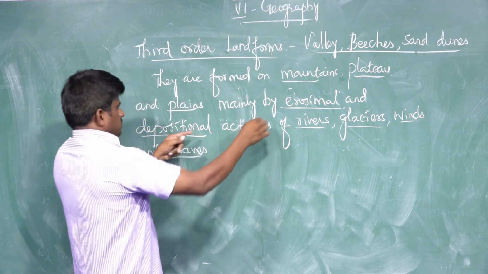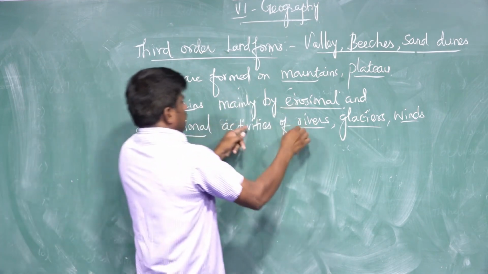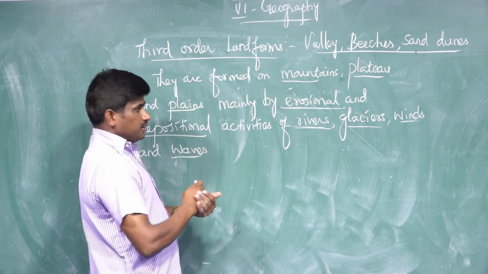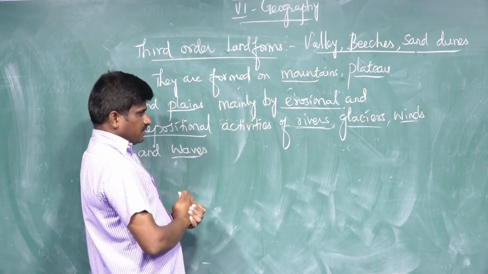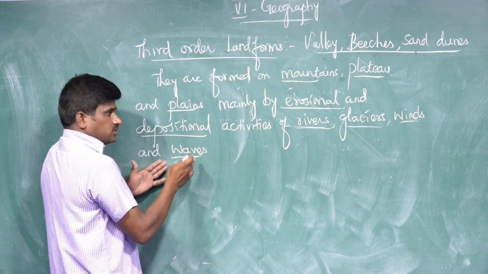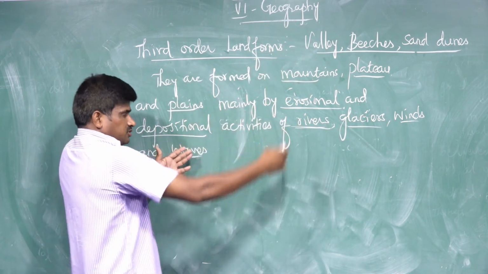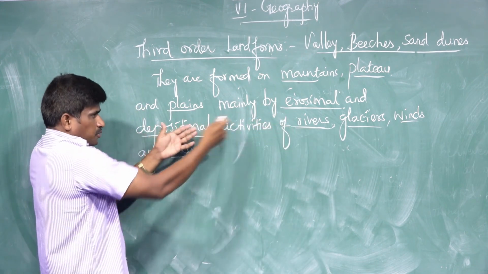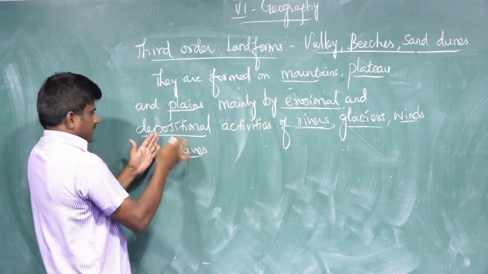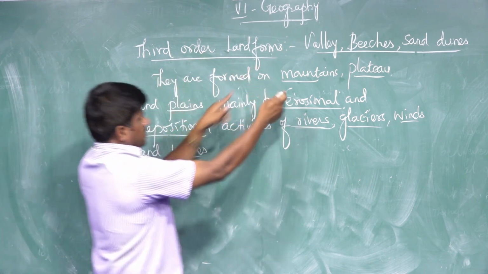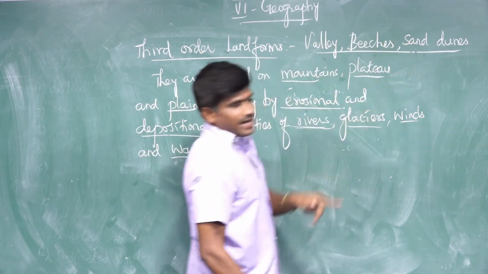Not only human beings do this; rivers, glaciers, winds and waves naturally carry out erosional and depositional activities. Because of that, third order landforms like valleys, beaches and sand dunes are